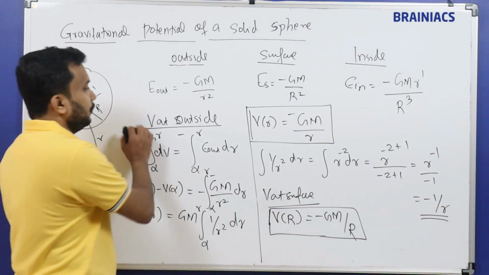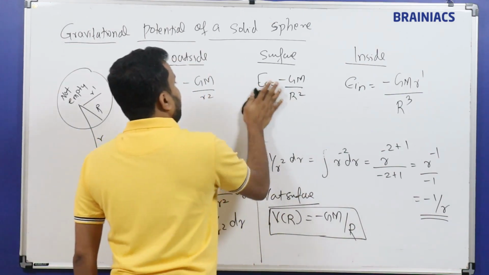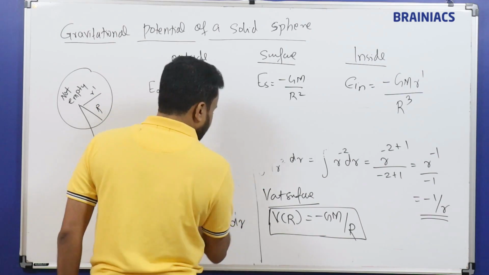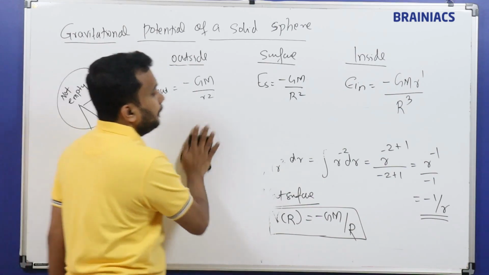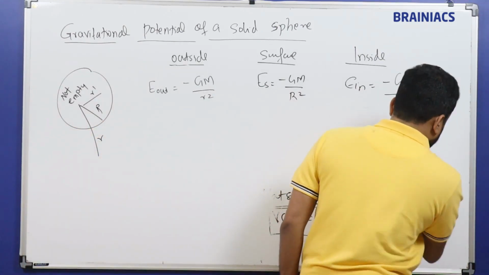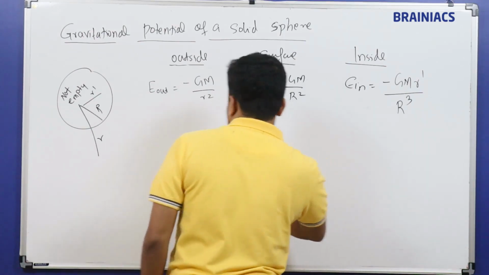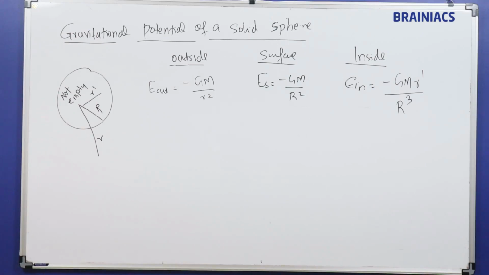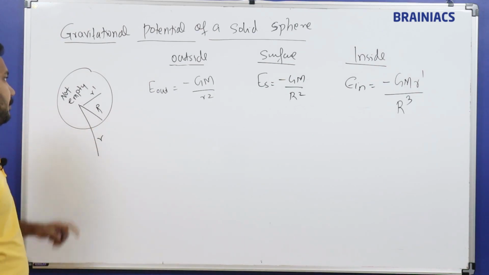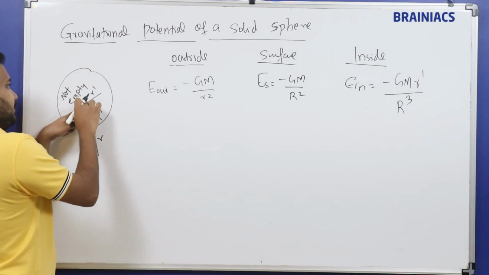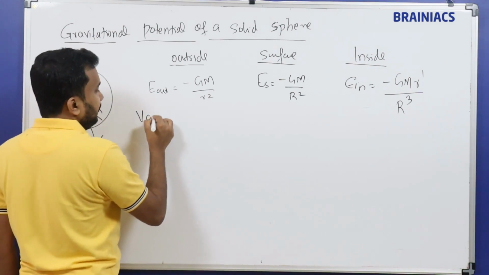Next one, we need to find out the last one, potential at inside point. Outside point calculated, surface point calculated, one more thing will be there, that is potential at inside point. So to find out potential at inside, surface will be the next reference point. So for inside, the immediate next point is the surface. So potential at inside,